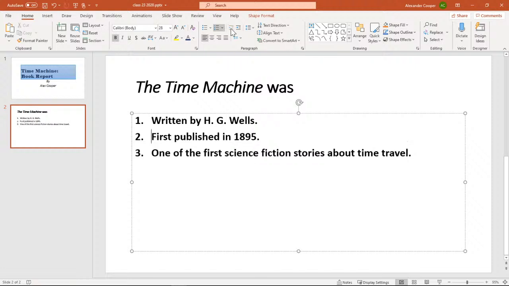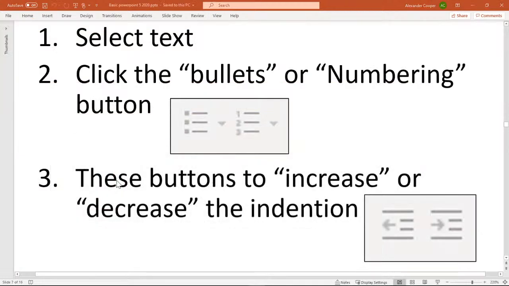So don't pull your hair out trying to deal with the numbering or the bullet points. If you're dealing with sub stuff, mostly try to control what the indentation is by using those two buttons, increase or decrease the indentation, okay? Hopefully that's helpful, because it's a big help if you have a big project that has to use that a lot.